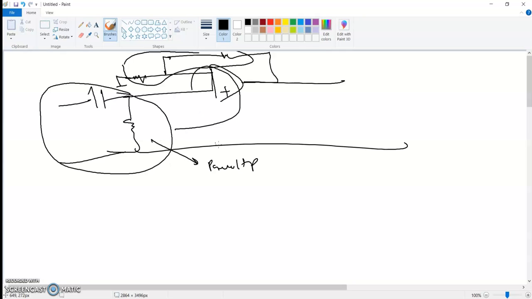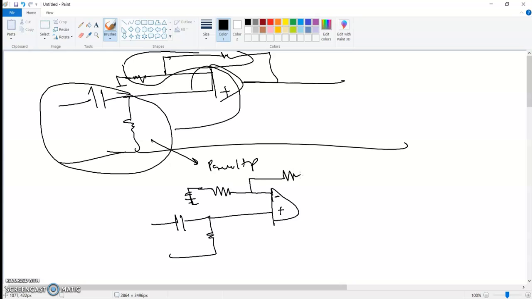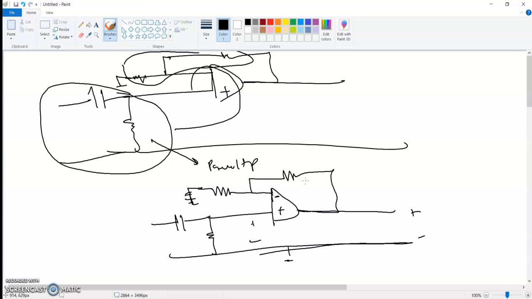With that being said, this is how the circuit would look. I would probably draw it a little better. That's my C, that's my R. This is where I am inputting at the positive side. This is going to be a ground connection. I'm going to use a resistor to the negative side, a resistor for feedback from that, and you can draw the ground bus if you want to, with plus minus out. Right? So again, the circuit would probably work in the